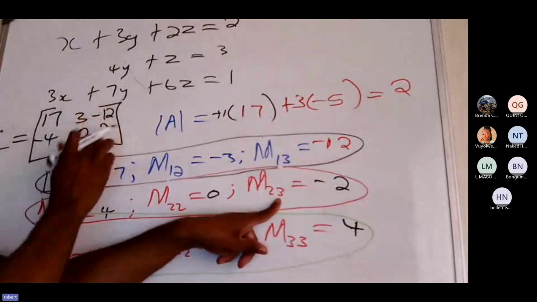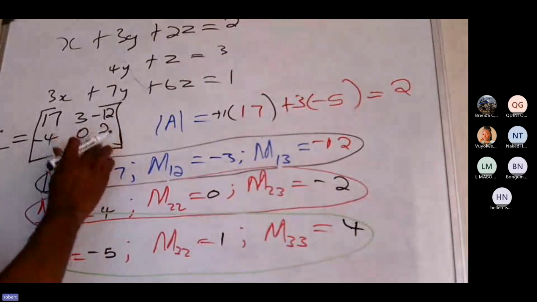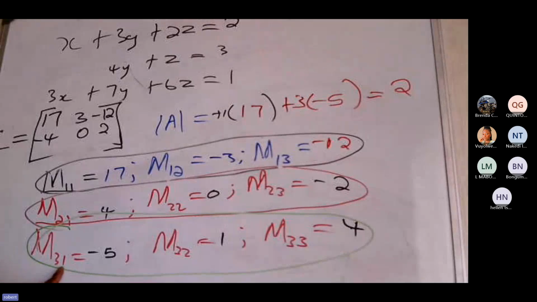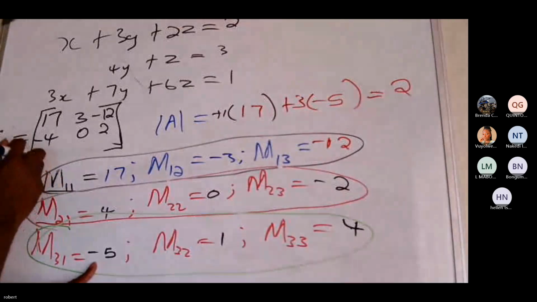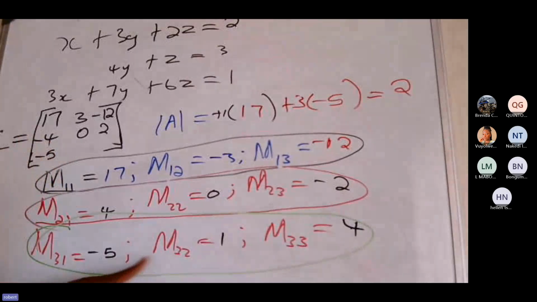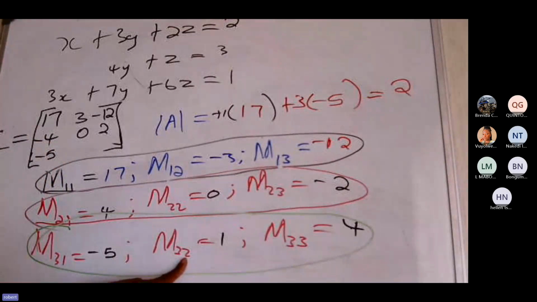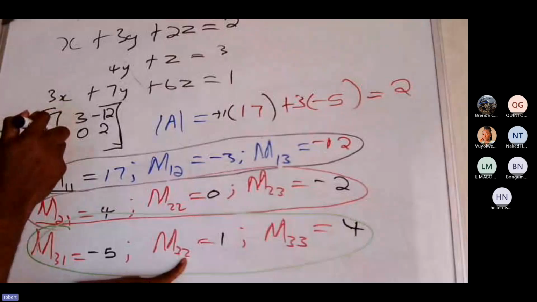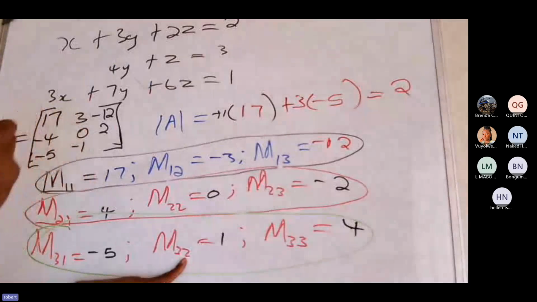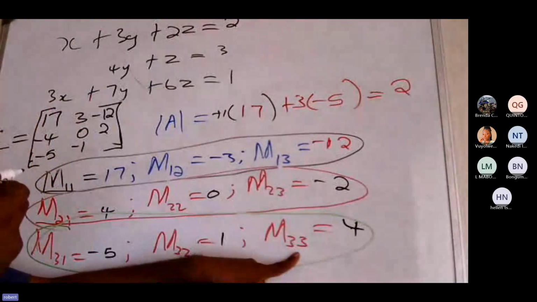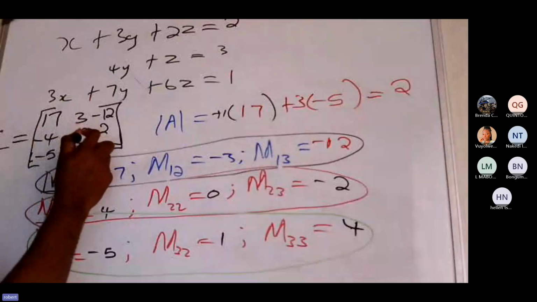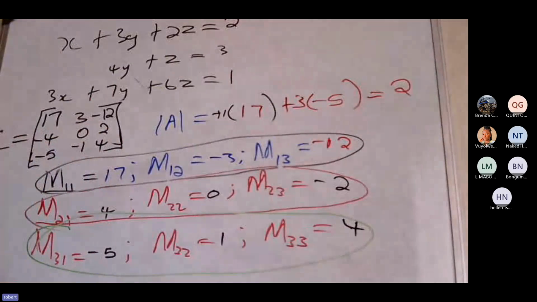It's 2. It will be this. Then from there, what is it? The sum here is even, therefore you multiply it by positive. It will be this. The sum here is odd, so you multiply it by minus. It will be this. This is even, so it will be this. Then this is the